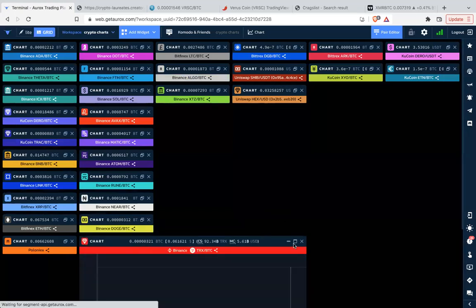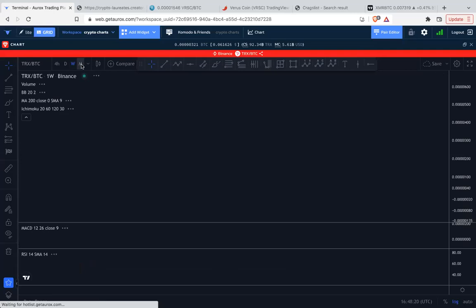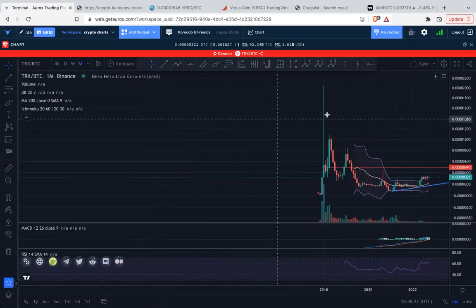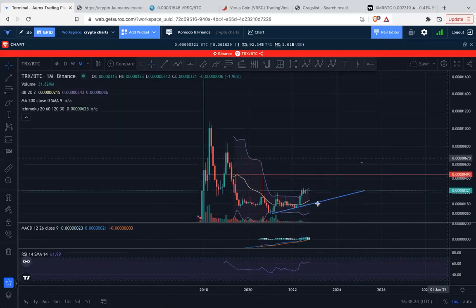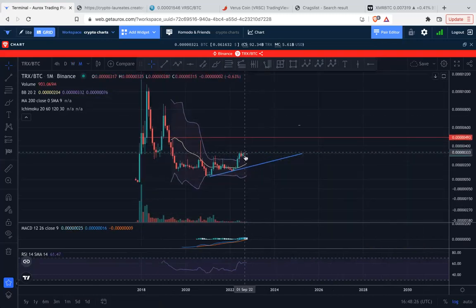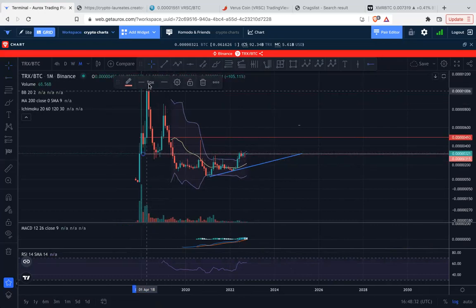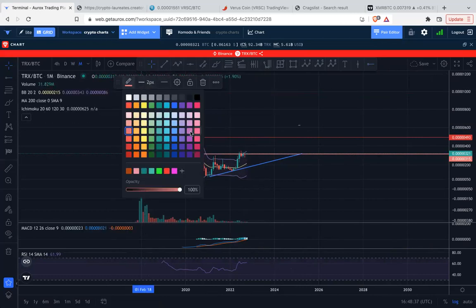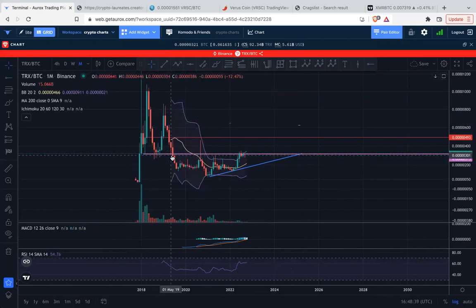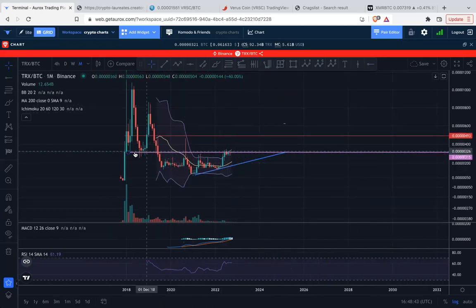Okay, let's take a look at TRX because that's been one that's been on recently. Wow, yeah, monthly TRX rejecting at the top of the Bollinger Band here, potentially making rejection at this previous price level here. Previous price action here, rejection, possibly, maybe not. So this is an important level. You've got to get above it and hold it,